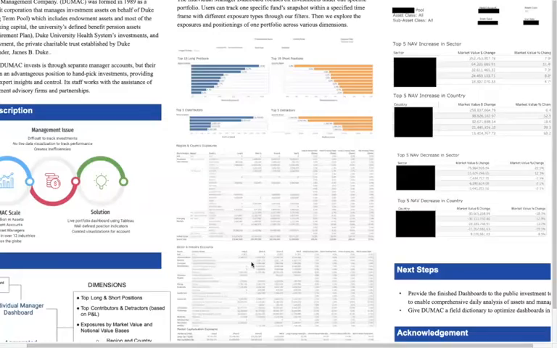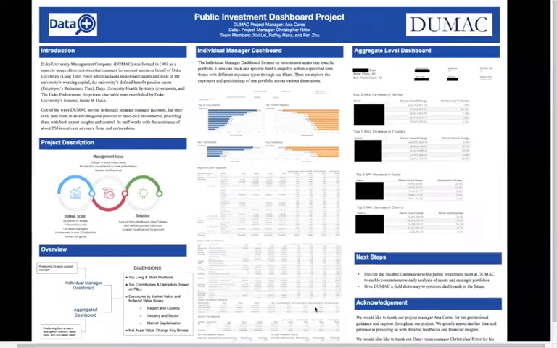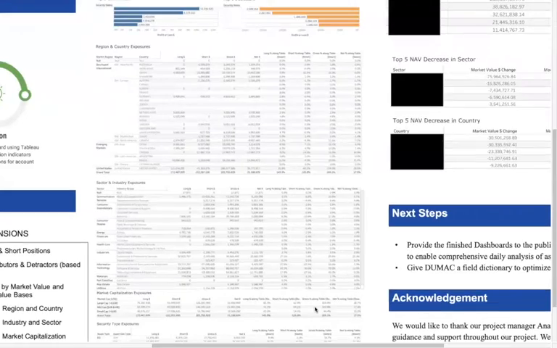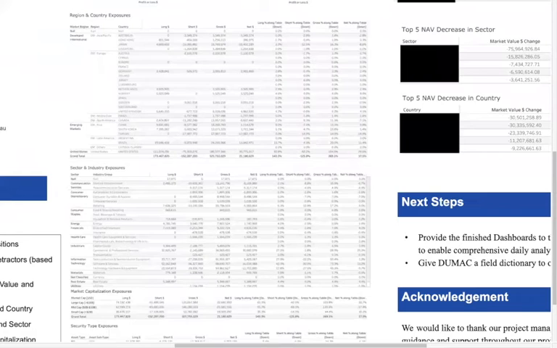So after the top 5 contributors, we have these exposure tables. We start off with region and country, and then move on to sector, industry, and market capitalization. A common theme you'll see across all of these is the columns we have. We have essentially 8 main columns, which deal with four main positionings, which are the long, short, gross, and